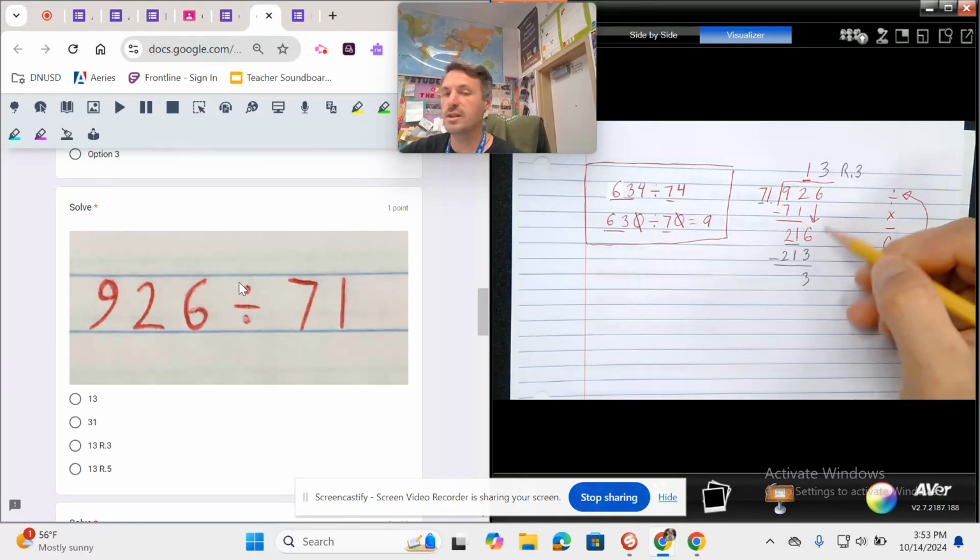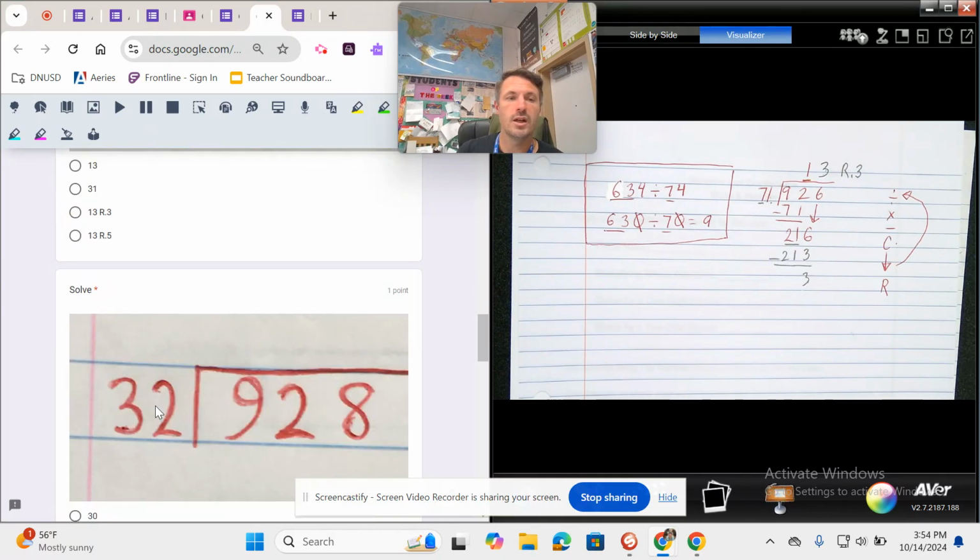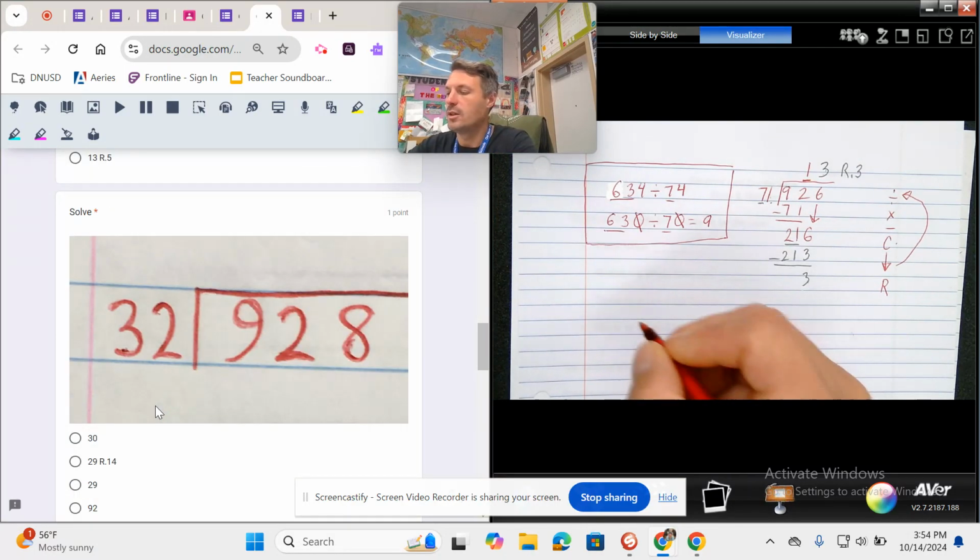Since there's nothing left in the dividend for us to bring down, that's how we know we're done, and the remainder is 3. So now we just have to find that answer here, 13, remainder 3, and it's this one right here. Moving on, it says solve